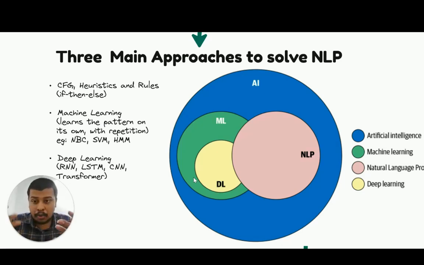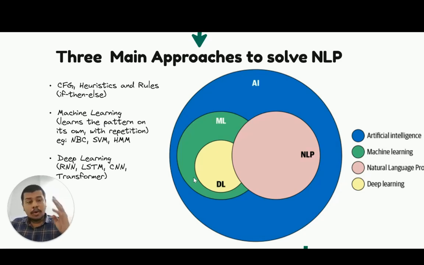And the second approach is where we have this machine learning approach. The machine learning approach did not start directly as machine learning. Instead, it started out as a statistical model and then evolved to become a machine learning model. Fine. So in machine learning, we'll be specifically seeing four main approaches. First one is the naive Bayes classifier. Second one would be an SVM, support vector machines. Third one would be our hidden Markov model, HMM. And then the fourth one would be our conditional random fields. So these would be the four popular machine learning models that are used for solving NLP tasks, right?